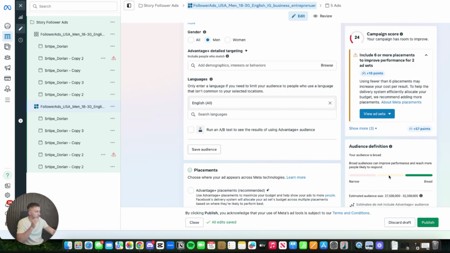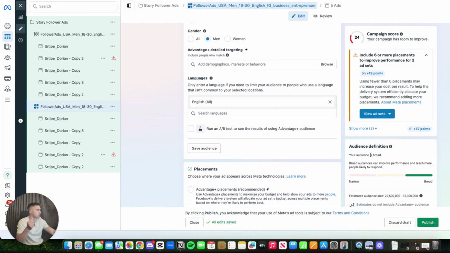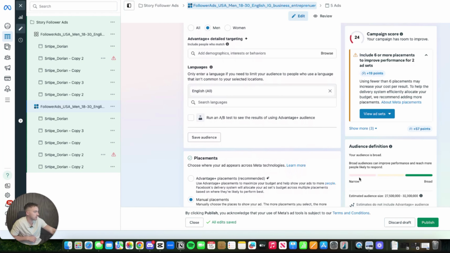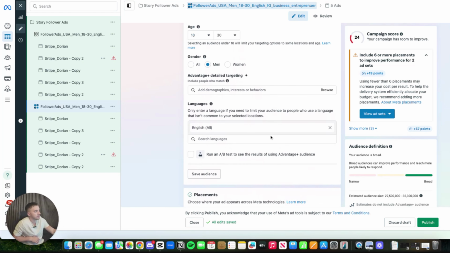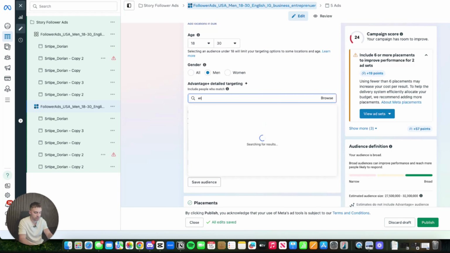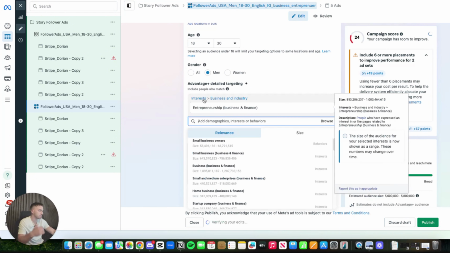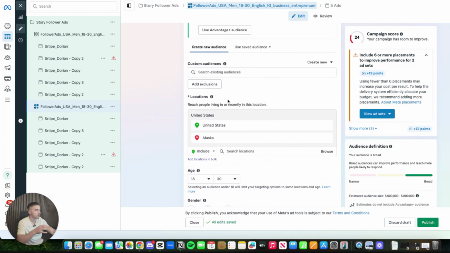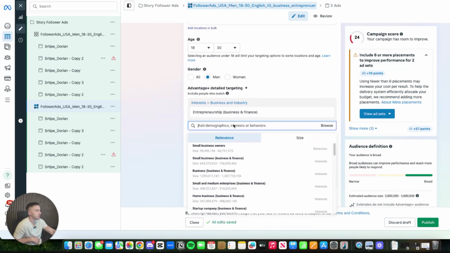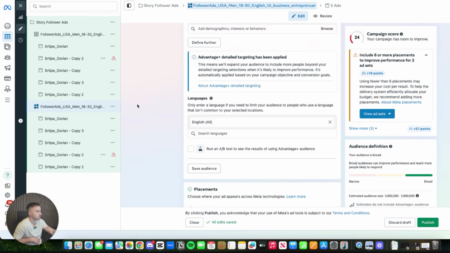Always make sure it's either at minimum in the yellow in the middle, or at best in the green. Okay, so that's what you want to do. Just make sure that before you post anything, nothing is ever in the red. And again, you're not typically going to get it here through the interest. You're typically going to get that through having custom audiences. And again, I'm not going to go into that today, but you will get that once you start to use custom audiences. Okay. So that's a full setup there. Now we have 2 things. So again, we have 2 ad sets.